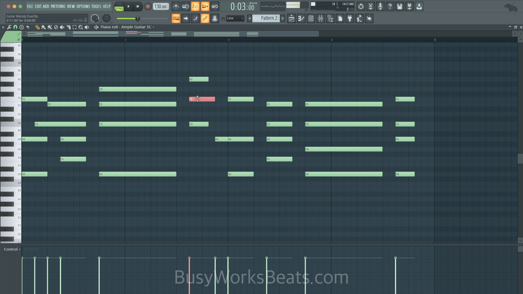Now again, it's kind of redundant to play 2 notes back to back, so we're just going to group these notes, hitting Control G, and then extend those notes.